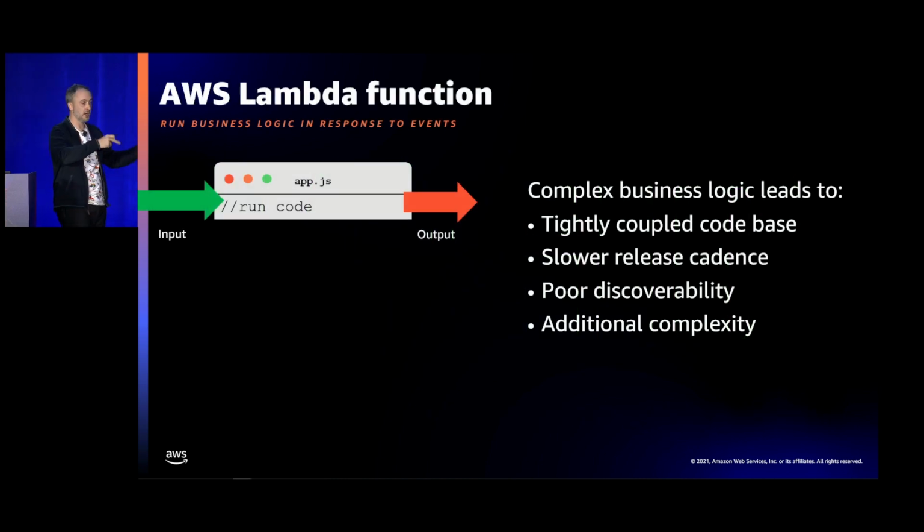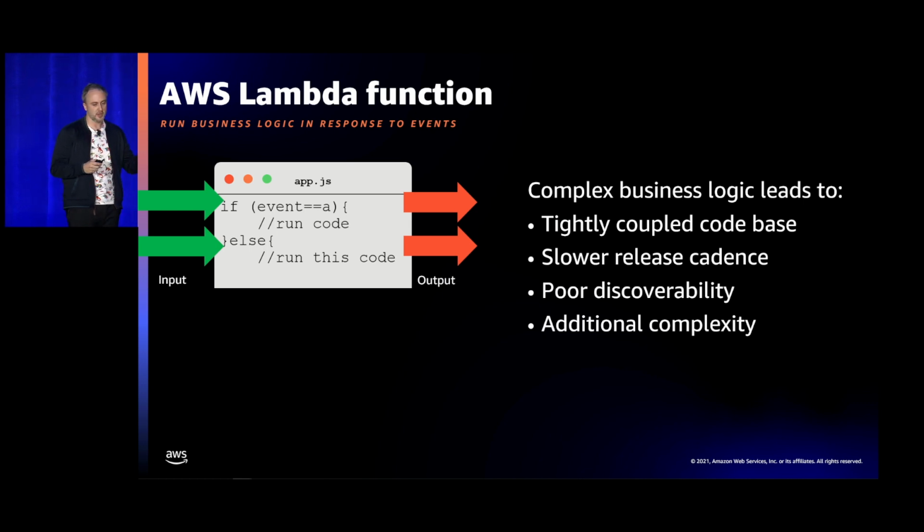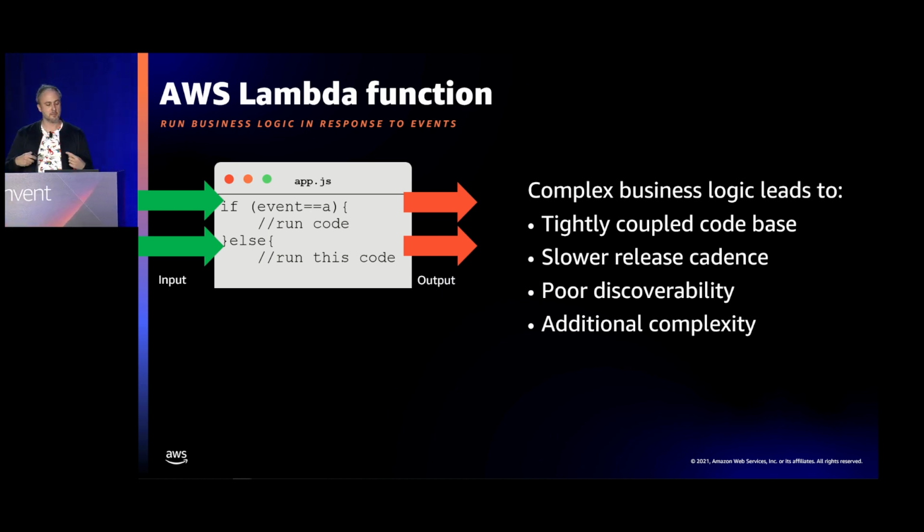So take my GitHub to Slack example. Imagine that's running nicely, and my boss comes to me and says, Ben, that webhook that you did for GitHub to Slack is running really well. We'd like to also know whenever somebody clones a repository. And I say, OK, boss, I already have my API gateway URL. I already have my Lambda function. I know it's all working nicely. I'll just point GitHub to send to my API gateway URL whenever somebody clones my repo. And then in my Lambda function, I'll write a bit of code to capture if the inbound event is a clone or if it's a star event, and then I'll run the output accordingly. Now, this will scale because Lambda is still scaling automatically in response to all of those requests.